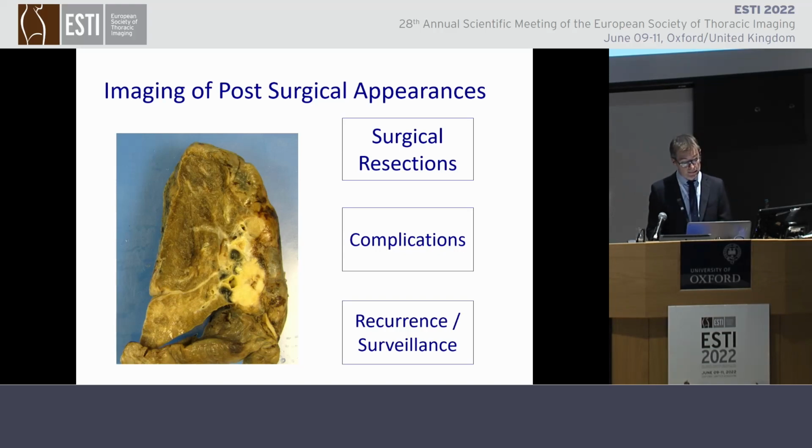What I'd like to talk about during the session today is, first of all, to define the different types of surgical operations that patients have. Then I'm going to talk about some complications, ones that I think are interesting to radiologists and that we're good at picking up. Finally, for the second section of the talk, I'll talk about recurrence and how we assess for recurrence